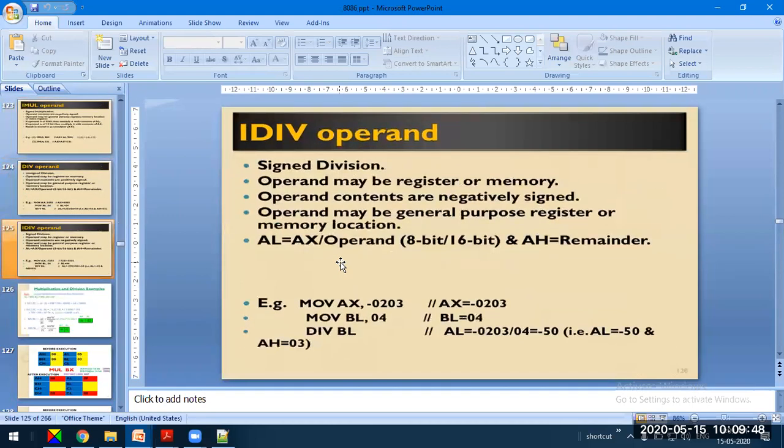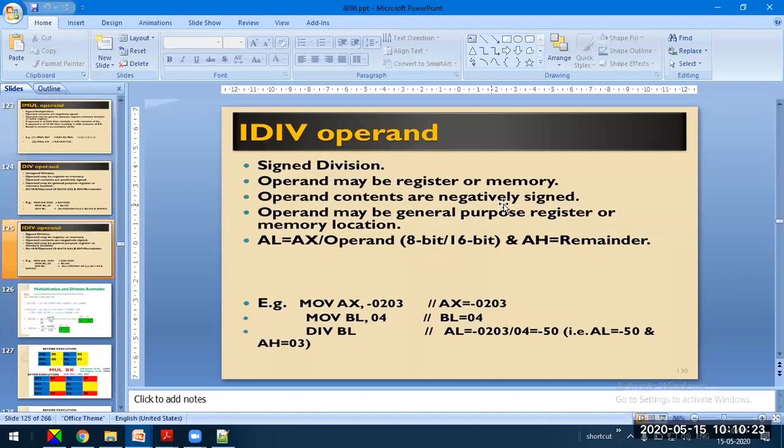Okay, division IDIV. The IDIV instruction is similar to the division instruction, but it deals with signed arithmetic. The operand can be available in a register or memory location, so it need not be in the accumulator. One of the data can be in the accumulator, and the other can be in any memory location. Unlike in 8051, where both of them should be in the A or B register, here memory locations are also identified as a location to store the operand.